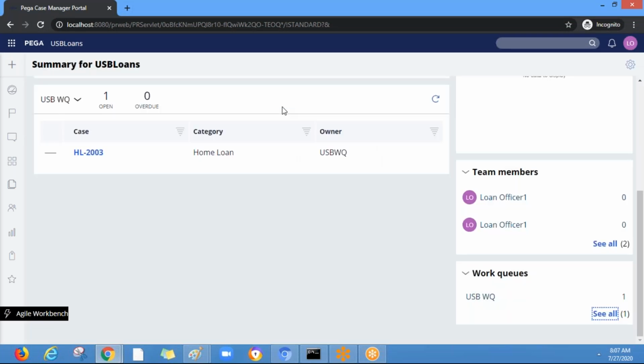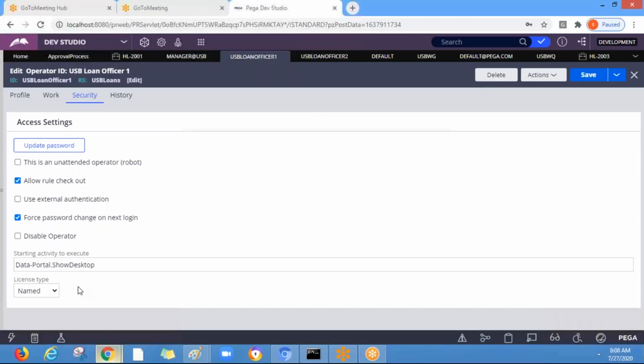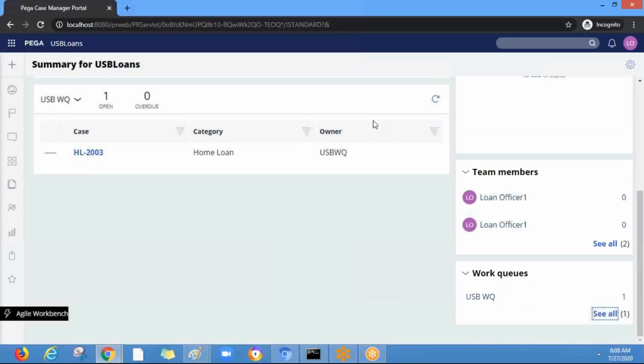So if you log in with loan officer 2, loan officer 2 can also see the same. Okay, you can try that. And if loan officer 1 opens the work object, the assignment, then loan officer 2 cannot open it. So again, it will be a locking issue.